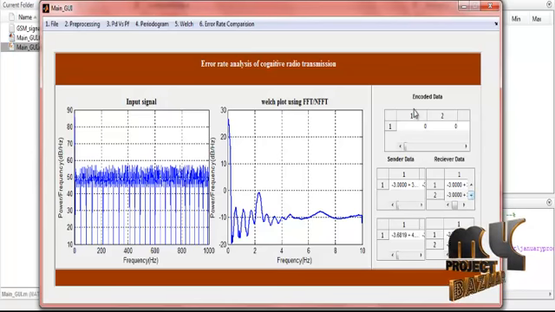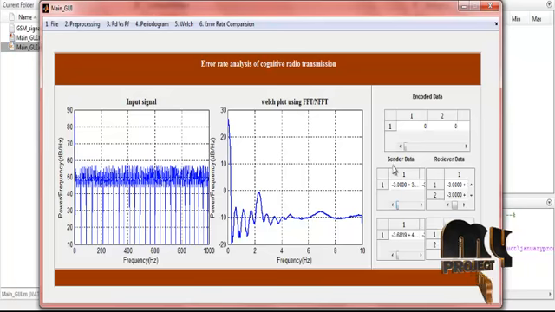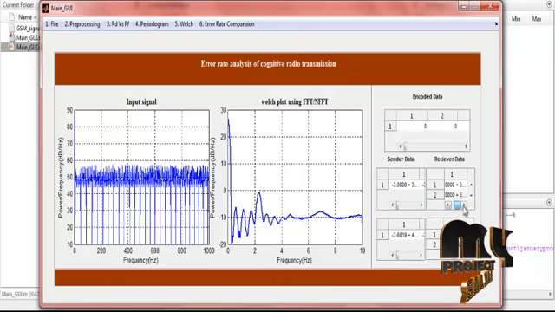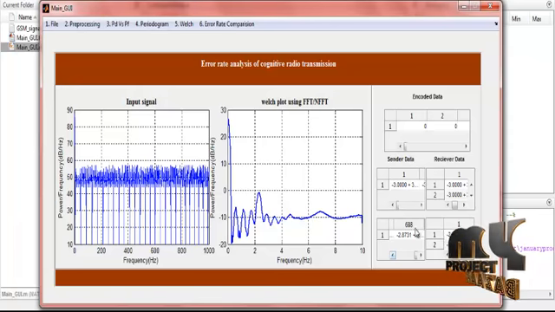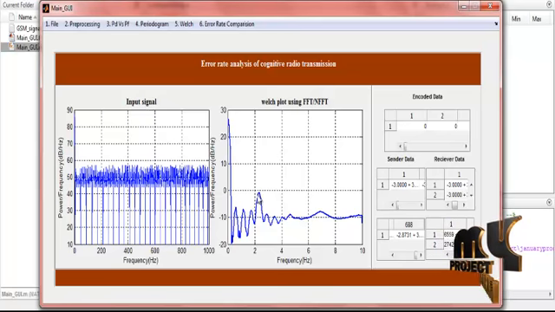So these are the encoded data. This is our table. It shows how much encoded data is presented. This is the sender data, how much is sent as transmitted data, and then the receiver data. Finally, we calculate the probability of transmission error and the probability of noise. So this is the overall running procedure for the product.